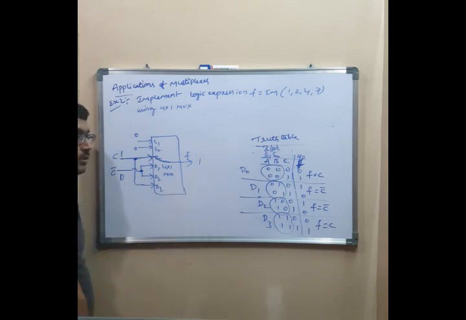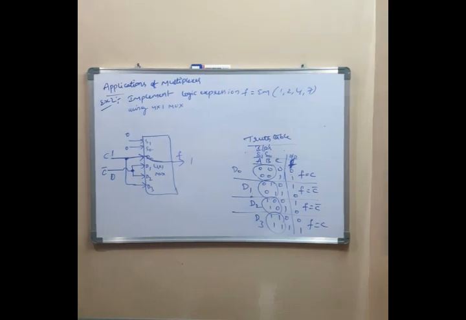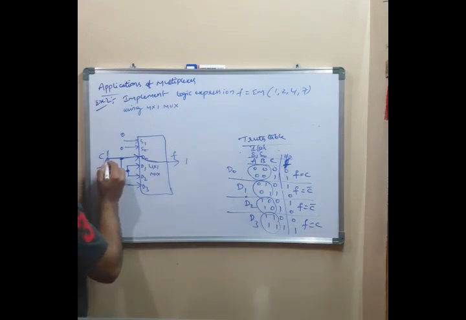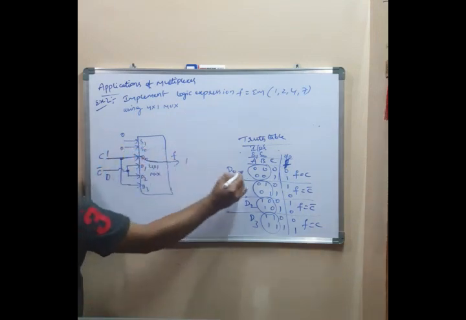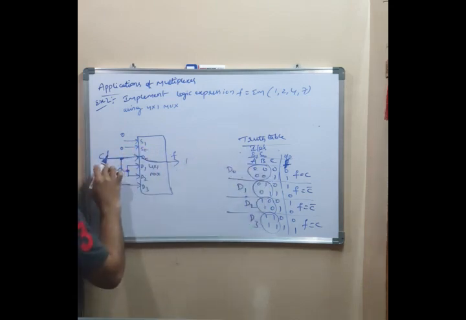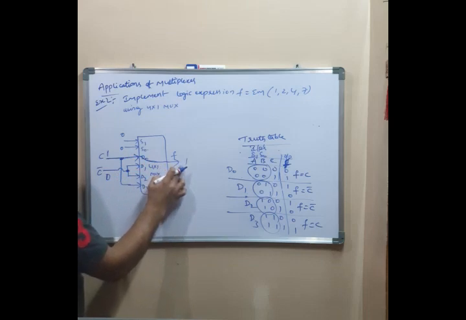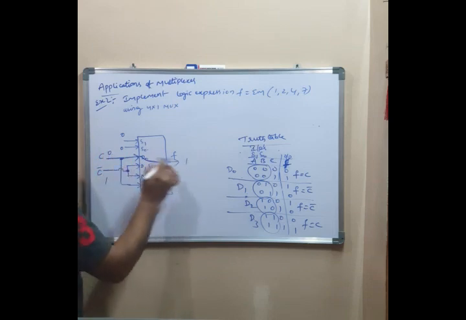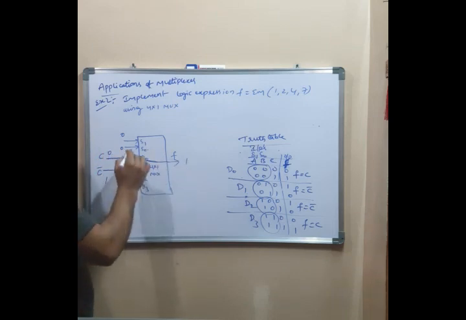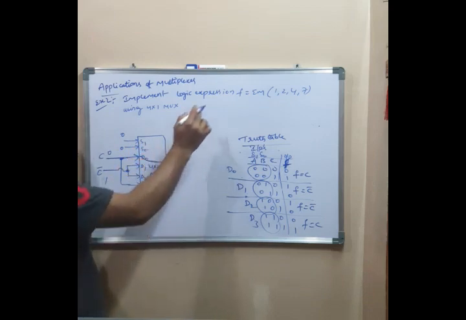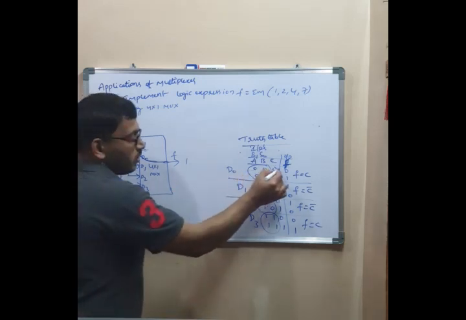Right? For S1, S0 both are 0, 0. If C is 1, F will become 1. If C is 0, F will become 0. Right? When S1, S0 are 0, 0, D0 is routed to the output. Right? In this function, if you select this combination,